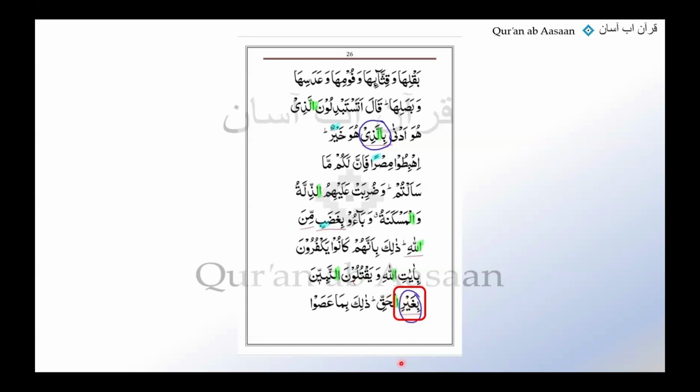What about this one here? Billazi. What do you think? Maybe this is correct because allazi is colored green. Yeah? No? Yes? Well, look, one part is correct that we were supposed to look at the colored noun. What was the other part? The colored noun had to be what? In jar. Is allazi in jar? Yes? No? Not sure? Let's analyze it.